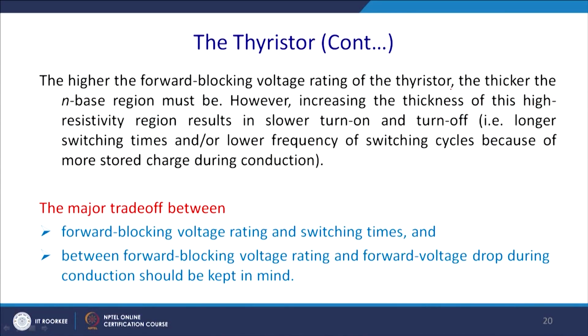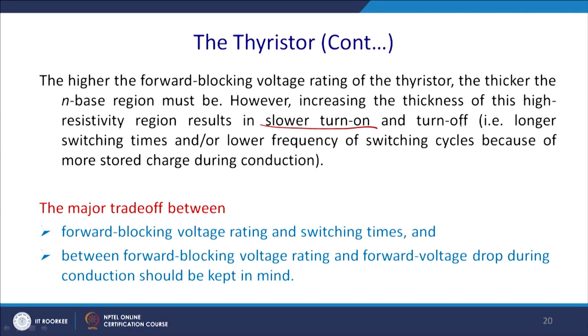The higher the forward blocking voltage of the thyristor, the thicker the N base region that is basically used. However, increasing the thickness of this resistive region will reduce the faster operation, that means it will slow the turn on and the turn off. So, it will take a larger time to turn it on and require higher gate current, and also you have to do the commutation, to put it off,